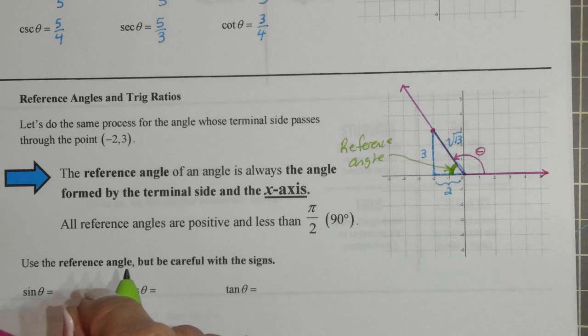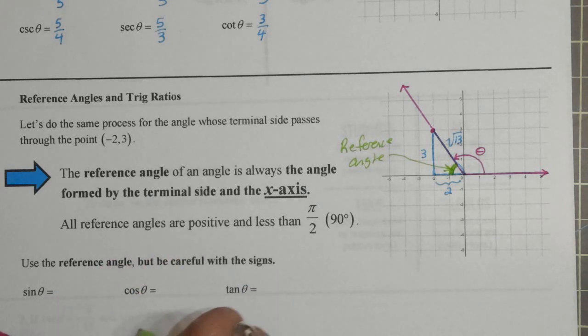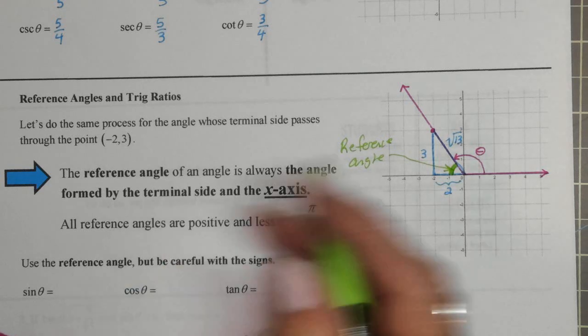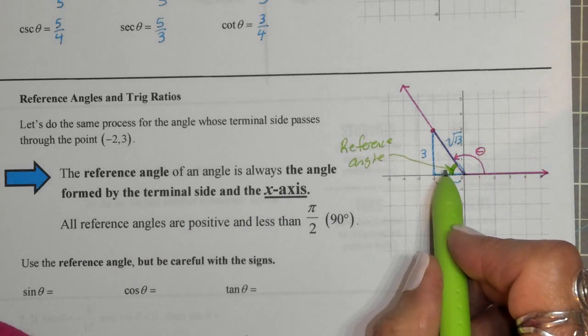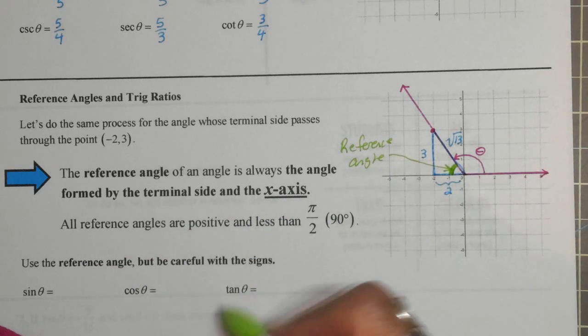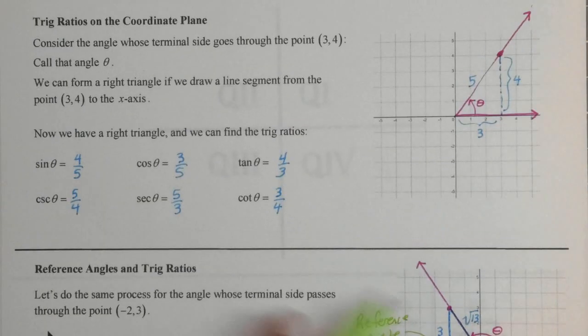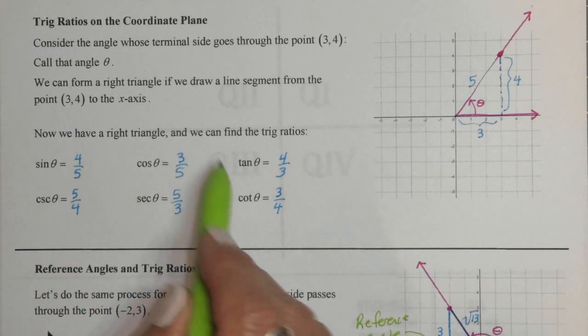And that's going to help us determine these trig ratios. But what makes it different from just using theta is that we can have negatives over here. Up until now, we've only had positive trig ratios. So now we're going to be able to have some